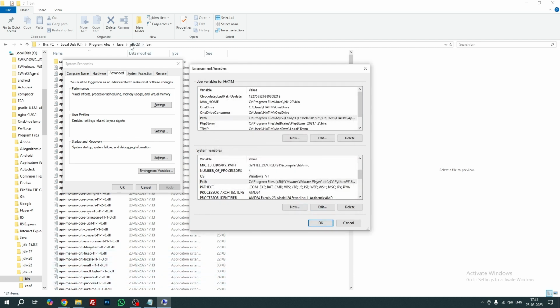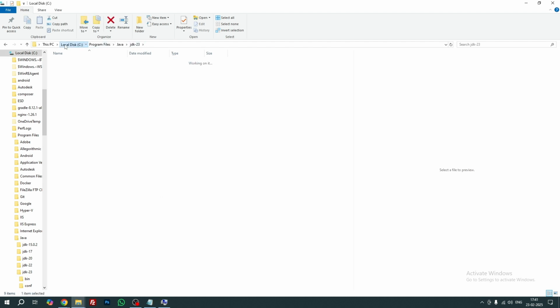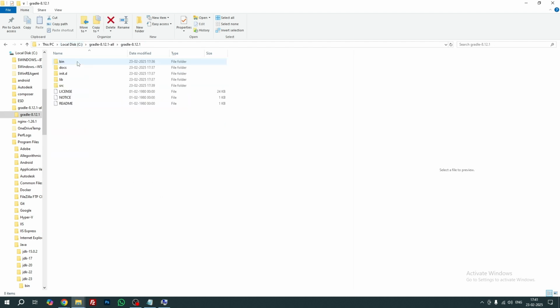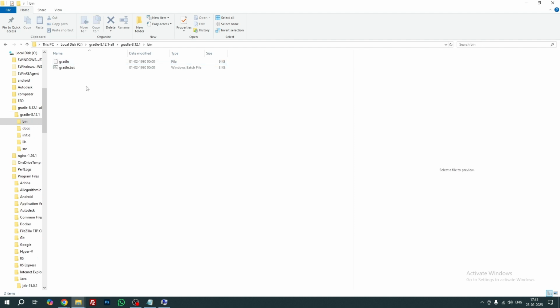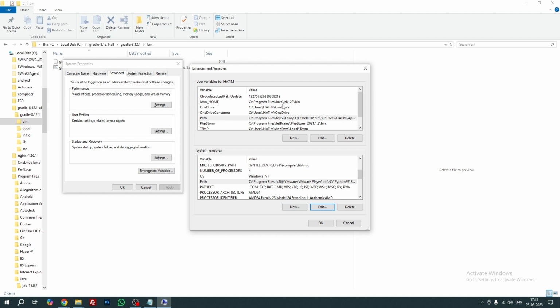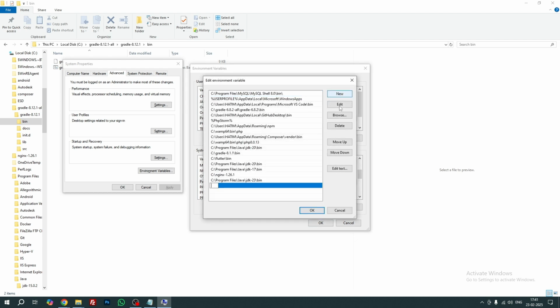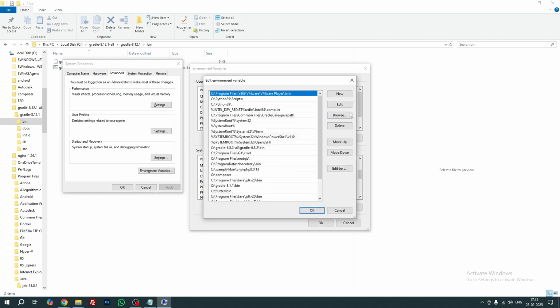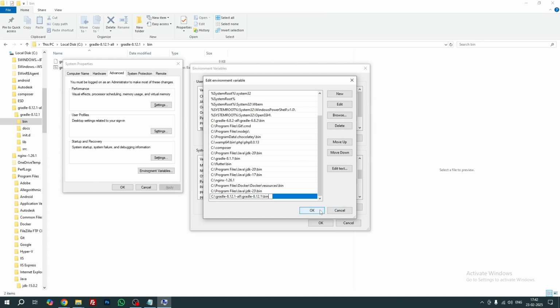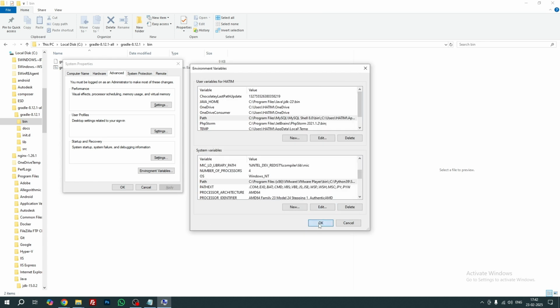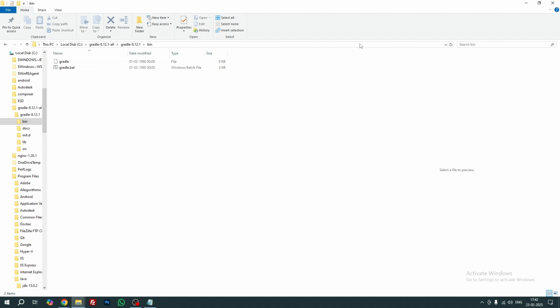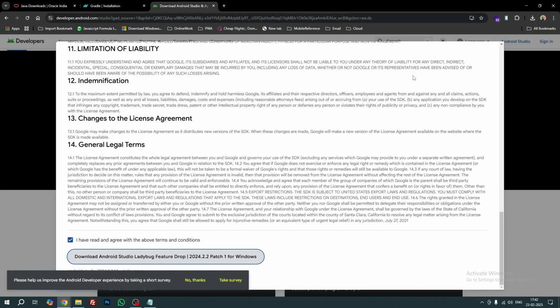And after that, we have to copy the Gradle, go inside the Gradle, inside the bin folder, and we have to copy this also, and we have to paste this as well at both the places, at the top and at the bottom also. So here we have copied both of them, and we have clicked OK. Just to verify that we have properly